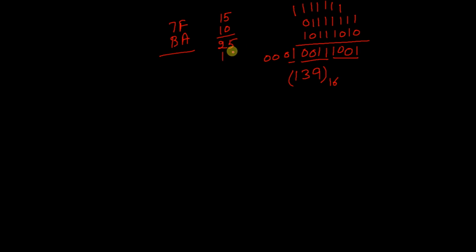So we are getting something more than the base, which is 16. So what we will do, we will subtract that base from this 25. When we subtract the base, we will get 9 here. This 9 is written here, and this 16 goes as a carry to the next column. So here we will have a carry 1.